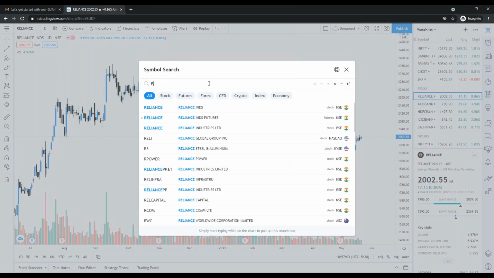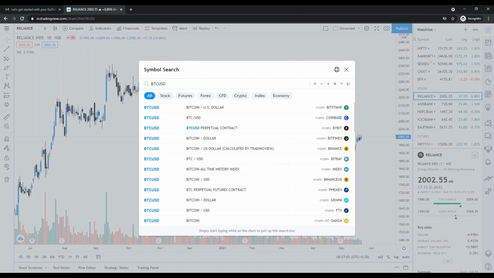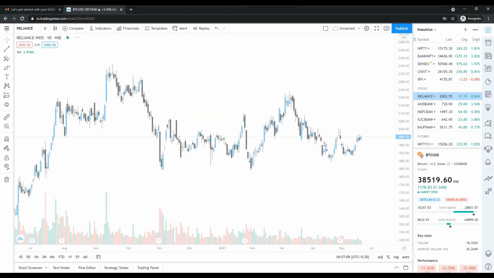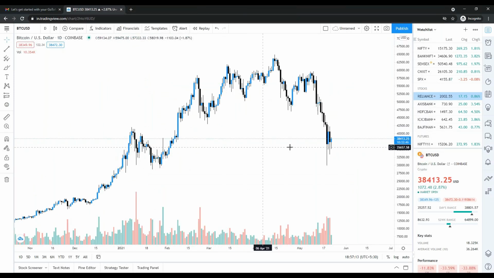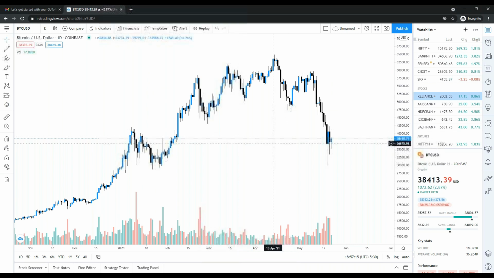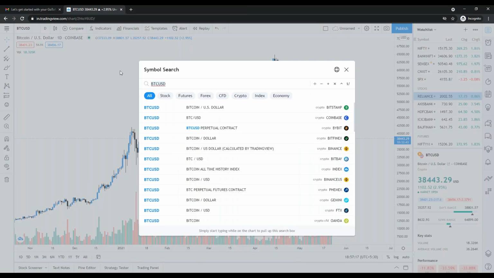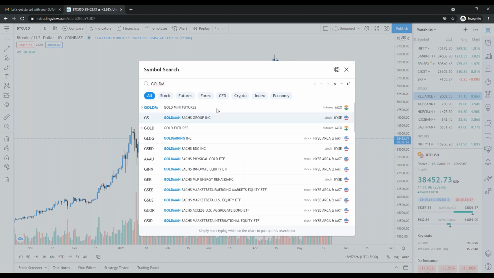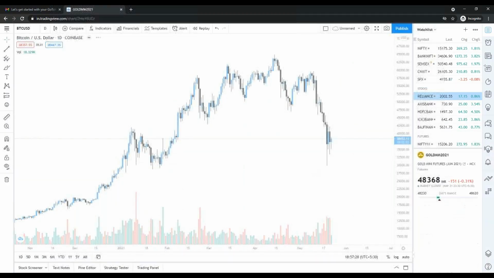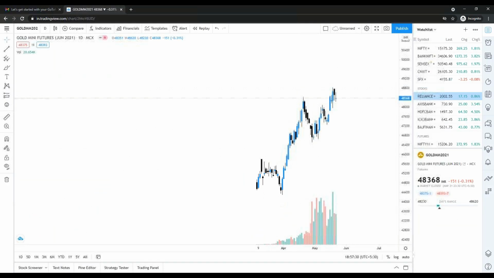Okay, let's say those who trade in cryptocurrencies, they can also search over here. See, this is a crypto, and we all know this is a huge fall in the crypto. So the cryptocurrency you can search. For example, those who trade in commodities, let's say we Indian users, let's say you trade gold mini, right? So just go to the June contract currently. So see, this is the June contract.